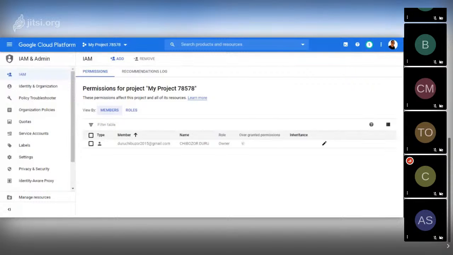How about now? Can you see my screen? We can see your screen now. Yeah, okay, we can see your screen. So